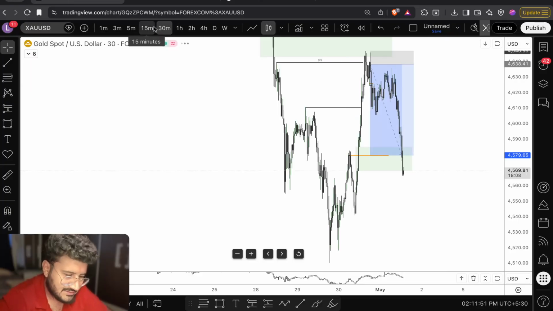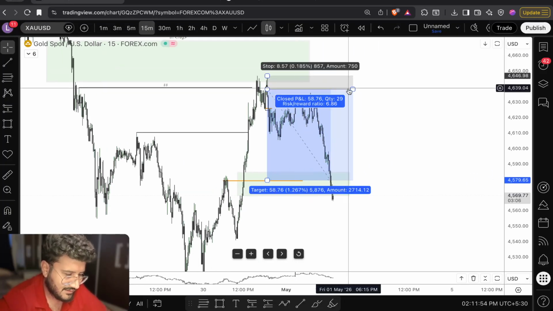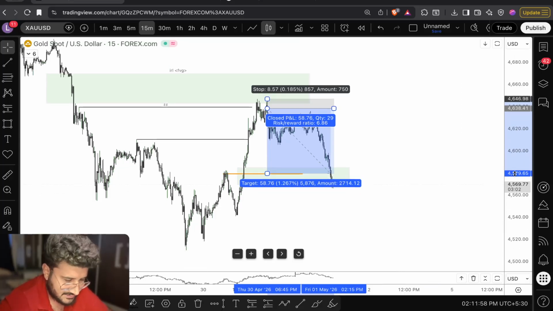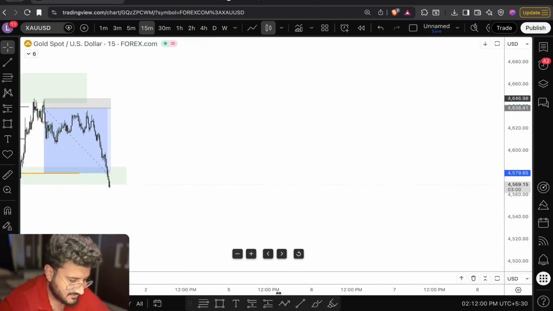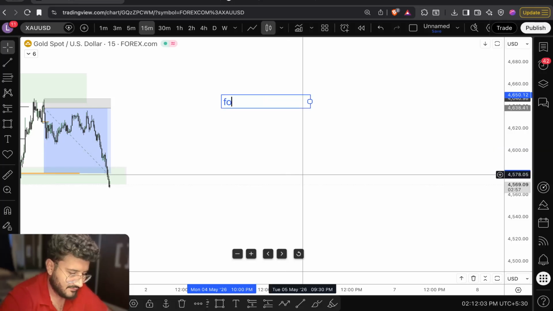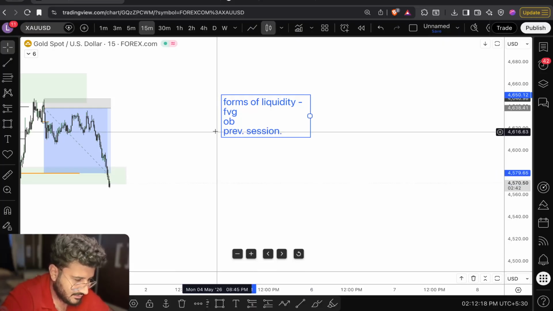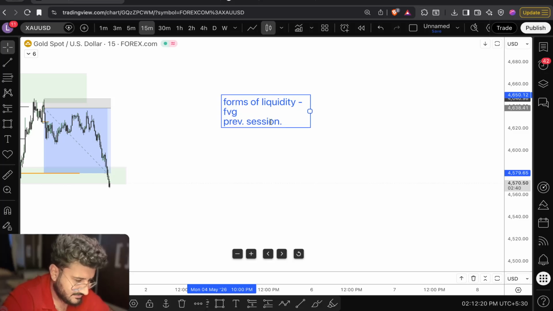Correct. So this is how the market works. Market goes from internal to external, external to internal, and market always hunts liquidity, right? Liquidity are in forms of, what can be the forms of liquidity? It can be an FVG, it can be an order block, it can be a previous session. Order block is not a liquidity, but it is a previous session, high and low,